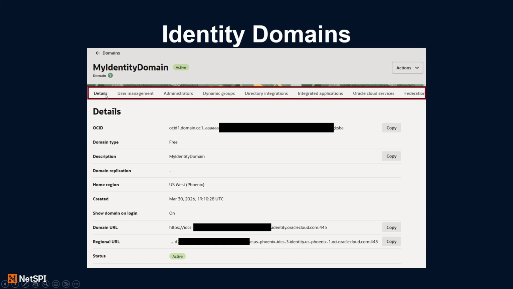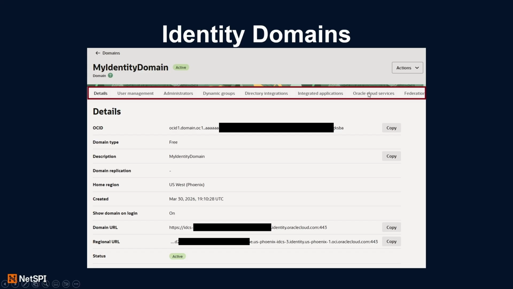And then you can see within your identity domain, you can manage users. You can actually create your own administrators or roles within your identity domain to manage users. You can have dynamic groups, which we don't really cover in this talk, but dynamic groups are a way to group resources into a group as opposed to users.